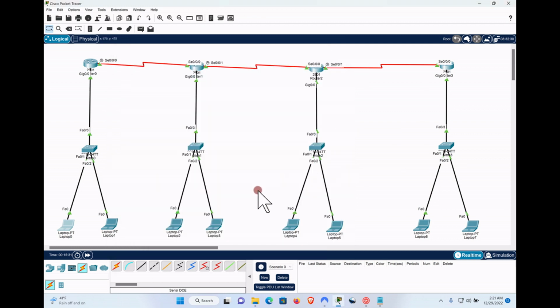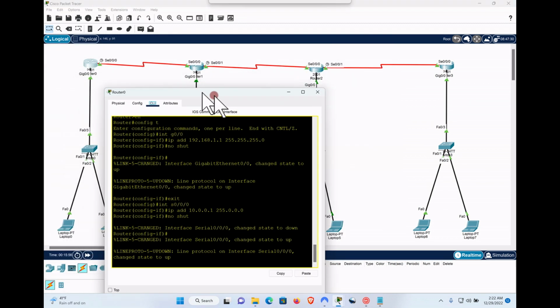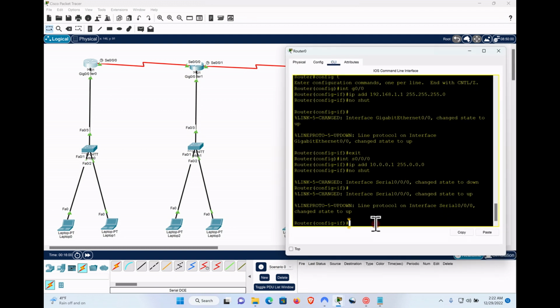Now the reason is that we have not established a route for it. We need to establish a route for the routers to be able to know how to reach the network. We need to establish a protocol that we can follow. So to do that, we're going to configure a static routing. We are going to start from this router here. So click on that router, and then